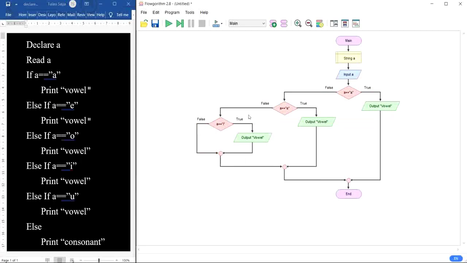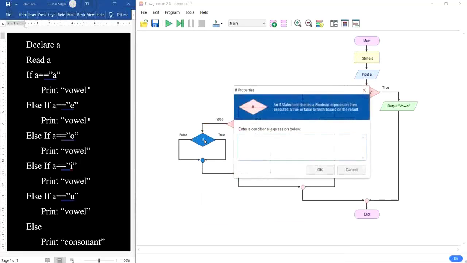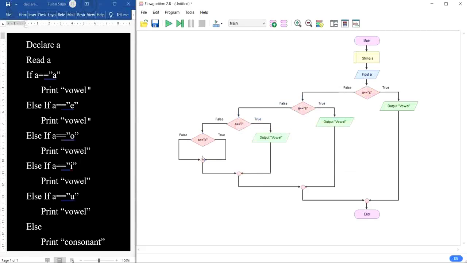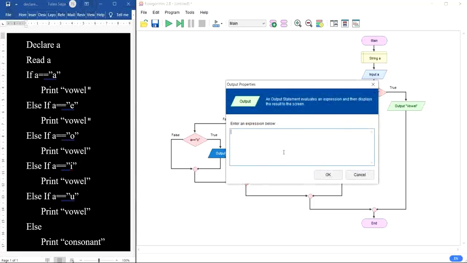If the entered character is not A, E, I, then we check one more condition, whether it matches O or not. If it matches O, then display the output as vowel.